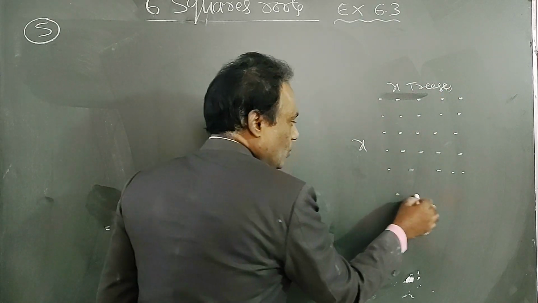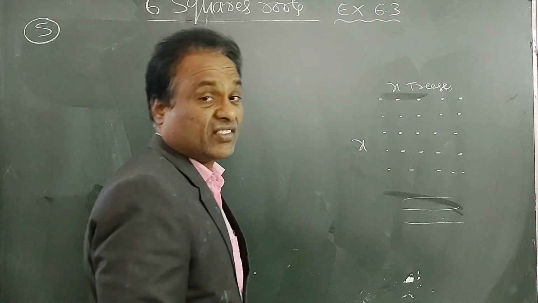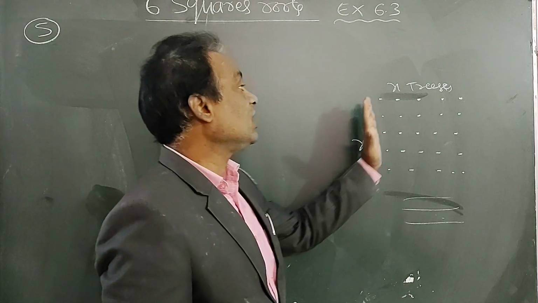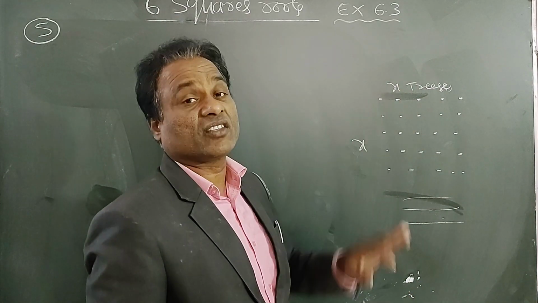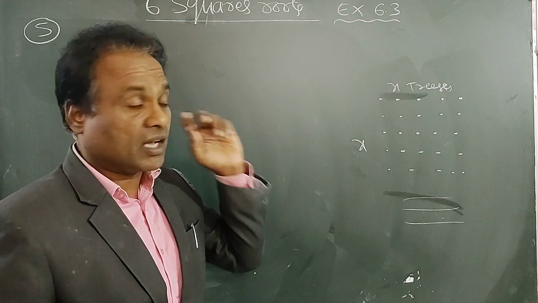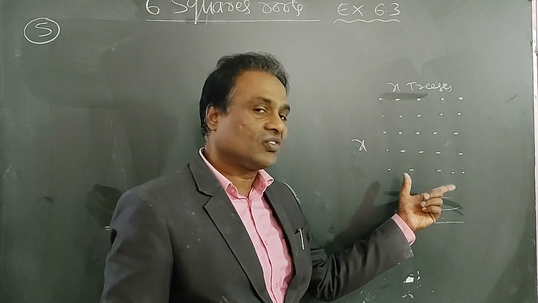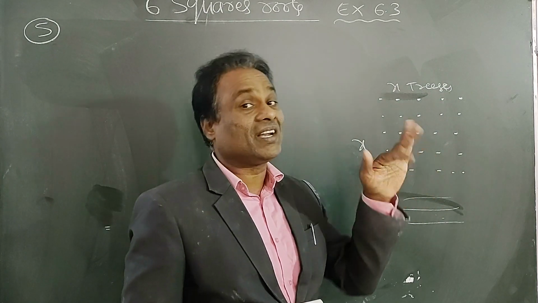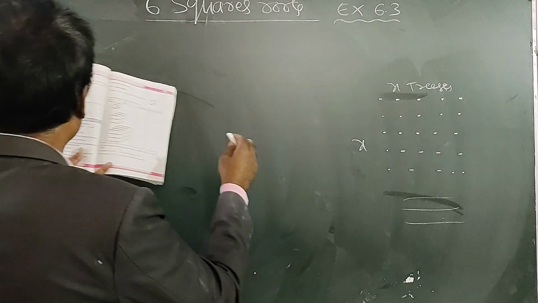If there are x rows, let us assume that there are x rows. So each row will have x trees. In total, how many trees? x into x, x square trees. Because if there are 5 trees in each row and 5 rows, the total number of trees will be 5 into 5, 25 trees, like that. So the total trees is, see here,